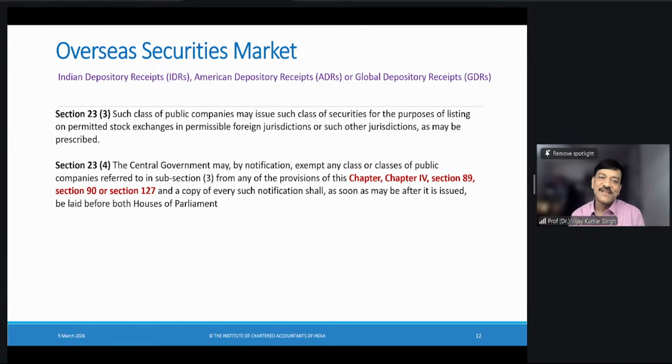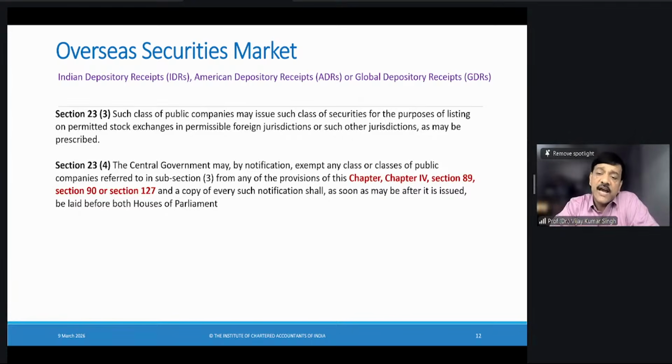So a public company may issue shares for listing on other stock exchanges, like I think Tata Motors is listed in the UK or NYSE. Likewise, there are a number of Indian companies which are listed on foreign stock exchanges. So there they can raise capital. However, there is a requirement of permission, and you cannot do it in a non-permissible jurisdiction. For example, you cannot do it in China, probably in Bhutan. These are the places, or maybe some other places which are mentioned, where you cannot.